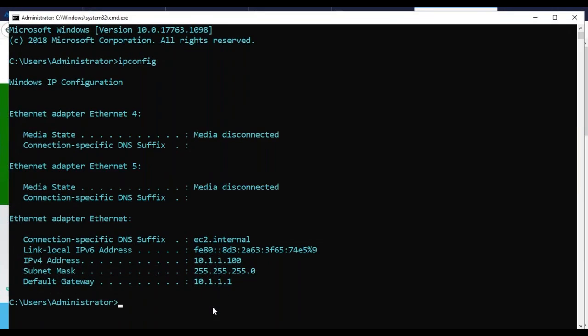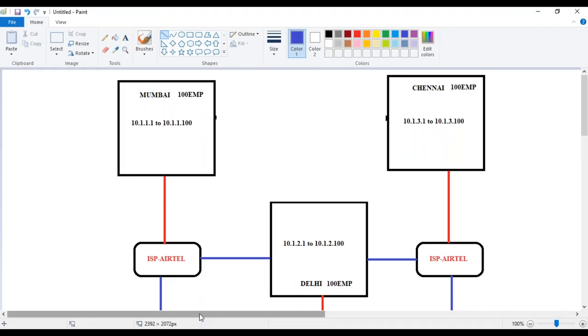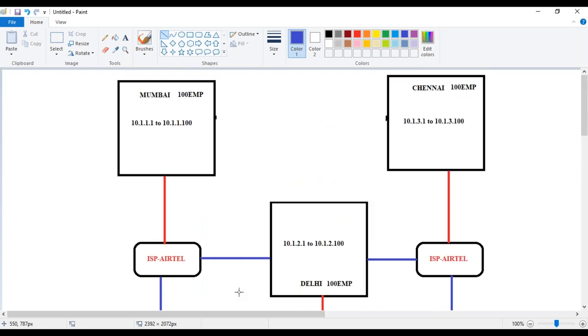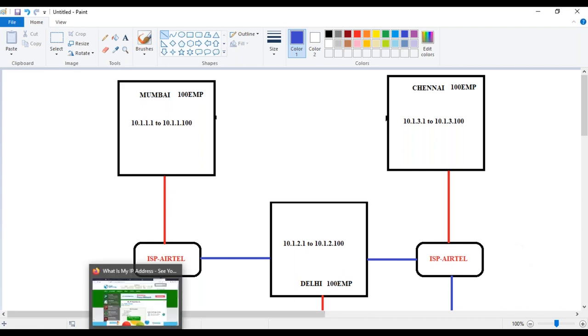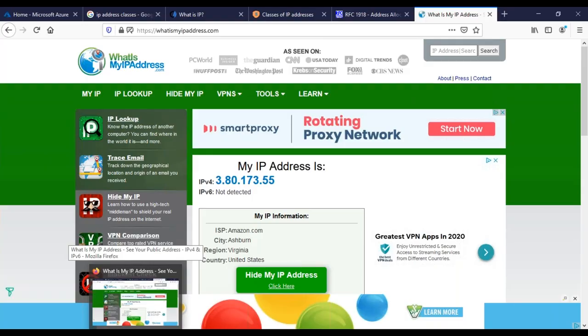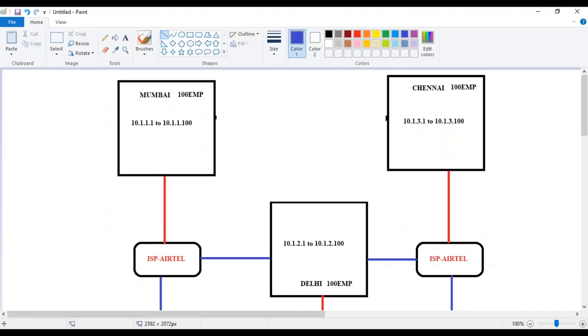What is the difference? I'll come to that one. What you need to understand is why I'm getting this public IP concept. If you want to connect over the internet, your ISP provider will give you not only an internet line but also a public IP. You can also check it out, you'll see some random IP, guys. That IP was given by your internet service provider. Without that IP, you won't be able to connect to the internet.